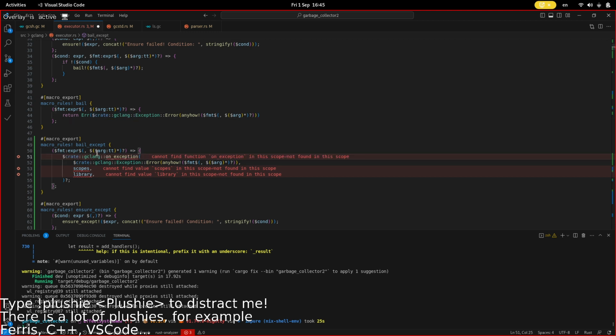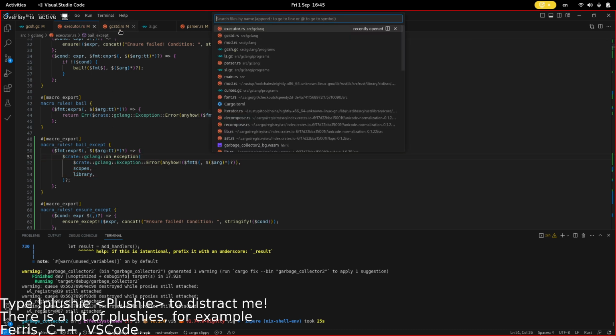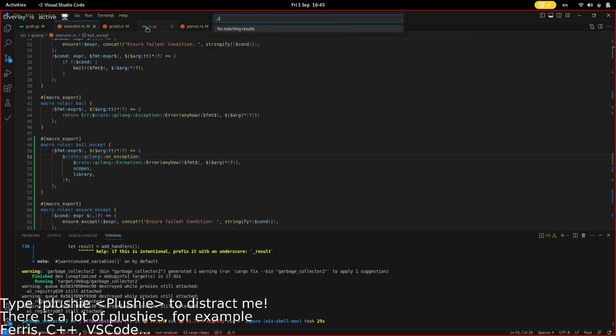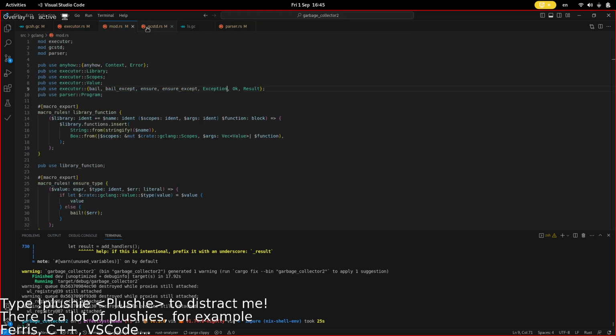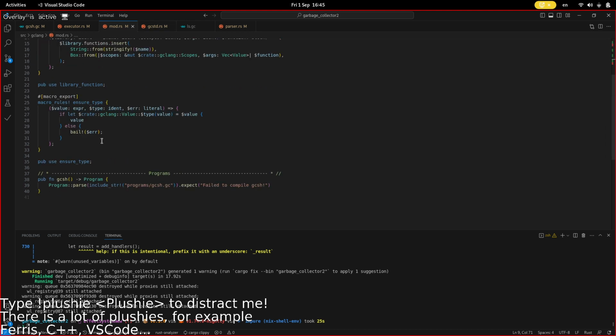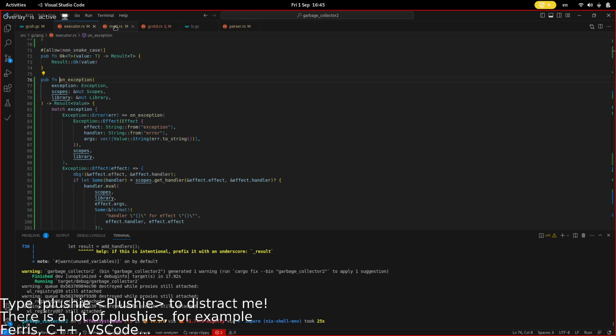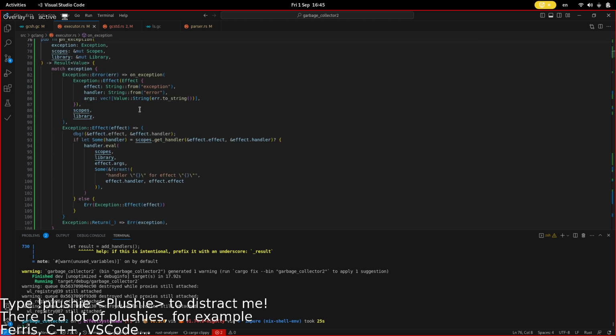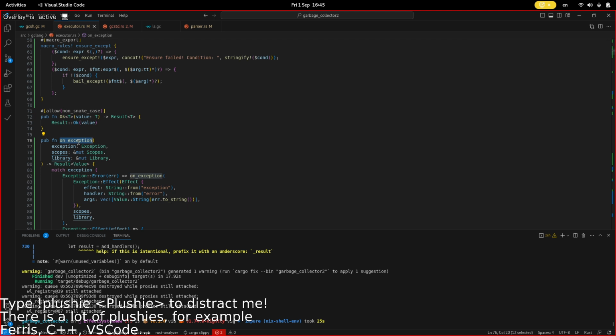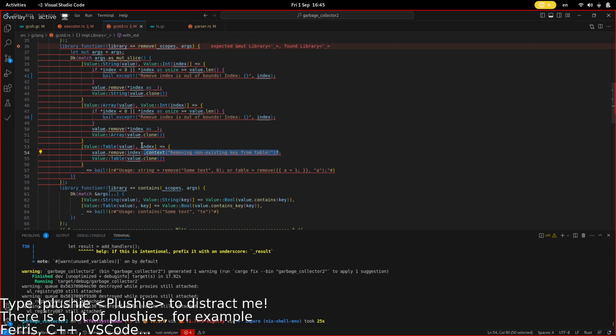I'll do this, and I'll need one accept. I'll need this function. I need something like this for context errors, like